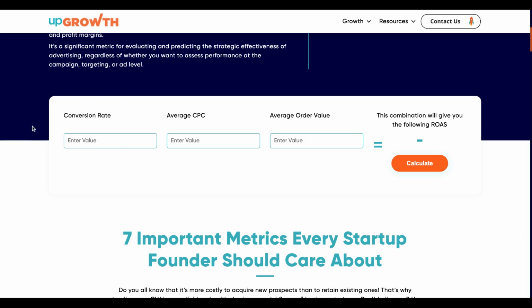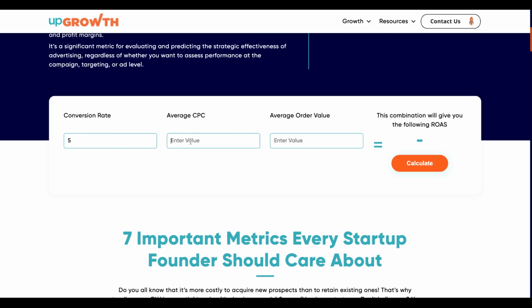How do we calculate conversion rate? Simply, once you have defined your marketing objective and conversion attributions, divide the number of conversions by the number of clicks you've received, and then multiply by 100 to get the percentage value. So let's say you have 10 conversions from form fill, subscription, sign up, and phone calls, and you receive 200 clicks, your conversion rate becomes 5%. You have divided 10 conversions by 200 clicks, multiplied by 100. Make sure that you input only the percentage value over here.